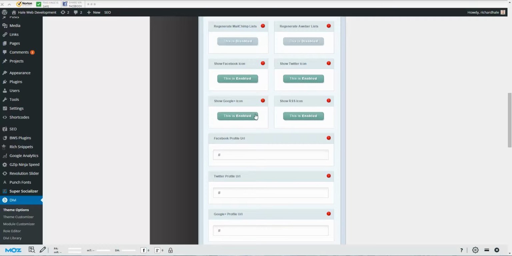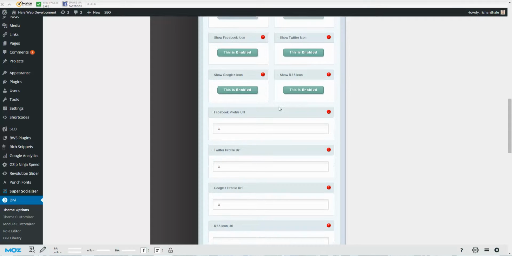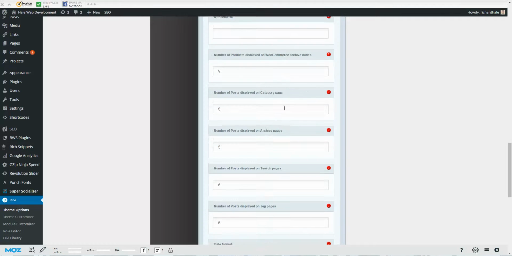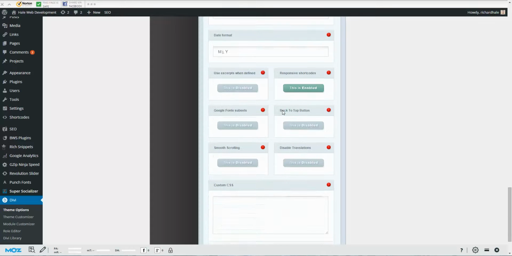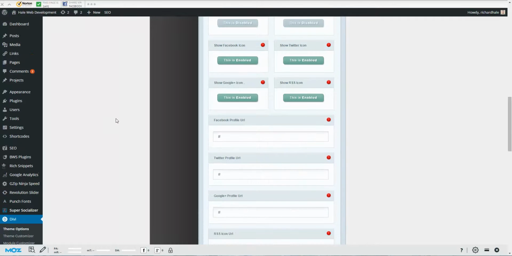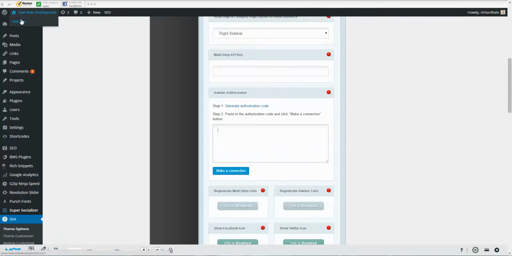Facebook, Twitter, and Google Plus, and your RSS feed icon. That's only 4 options that you have with this theme. I don't know why, but yeah. And it has a bunch of different other options that you can go over, but pretty much that is